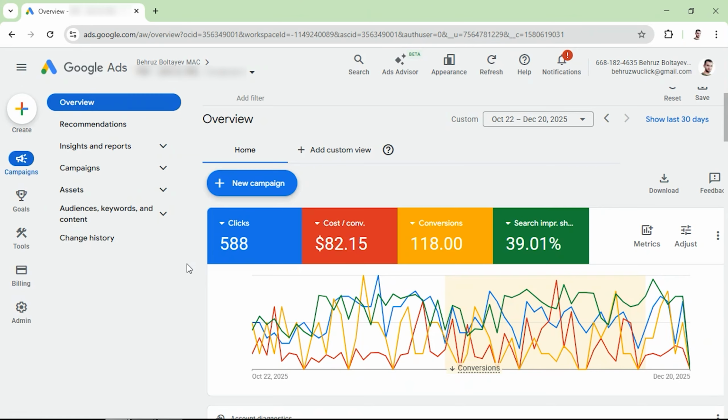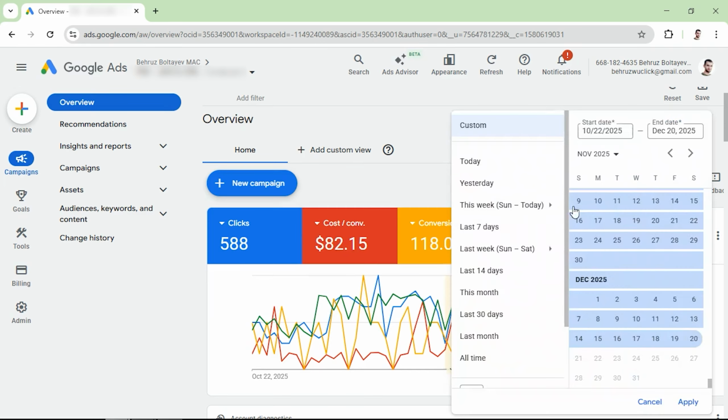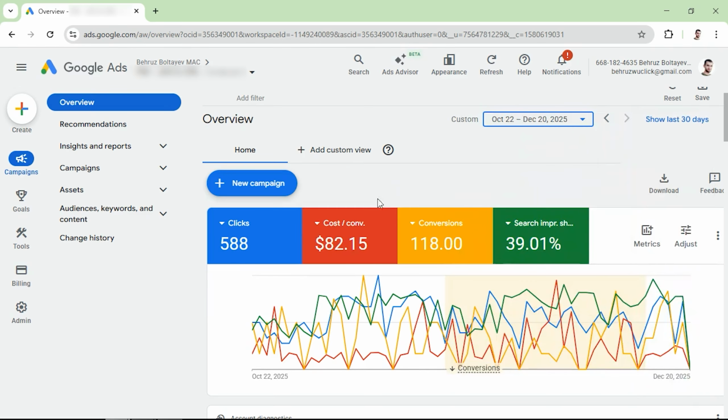or form submissions. This is one of our example accounts, and this is a local service business similar to plumbing businesses, and their main goal is also to generate phone calls and form submissions like plumbing businesses. And this business has several locations, and this is a result for one location. As you can see, this is the data for the last 60 days, and